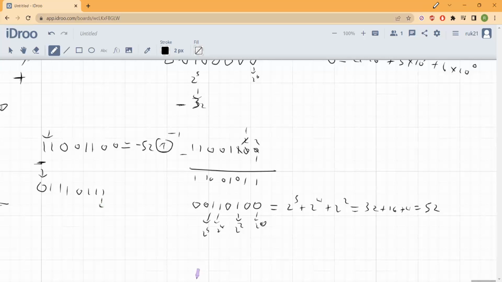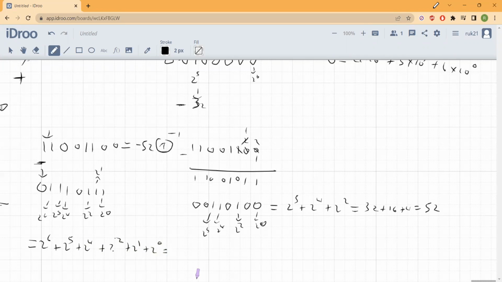So let's do that. Again, this is going to be 2 to the power of 0, this is 2 to the power of 1, 2 to the power of 2. We don't care about 2 to the power of 3 or 4, then 2 to the power of 5 and 2 to the power of 6. So this is equal to 2 to the power of 6 plus 2 to the power of 5 plus 2 to the power of 4 plus 2 to the power of 2 plus 2 to the power of 1 plus 2 to the power of 0,